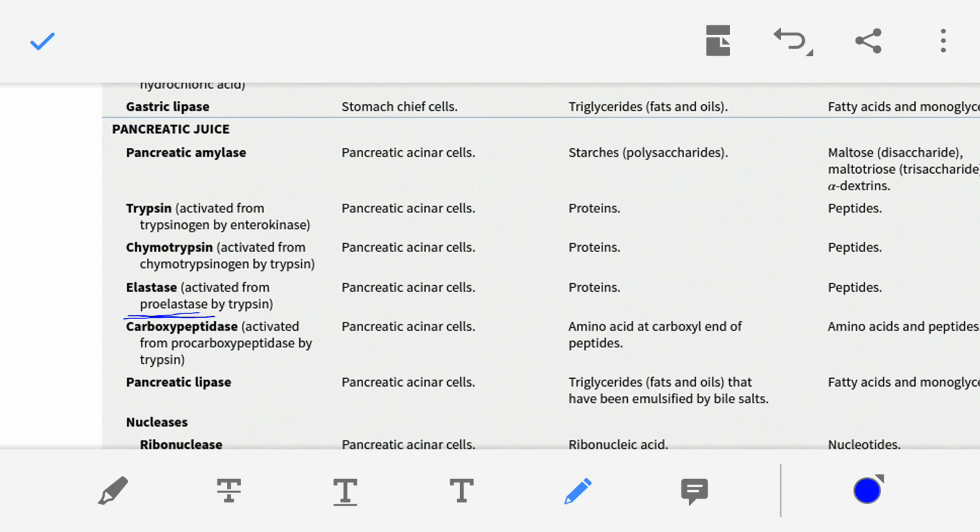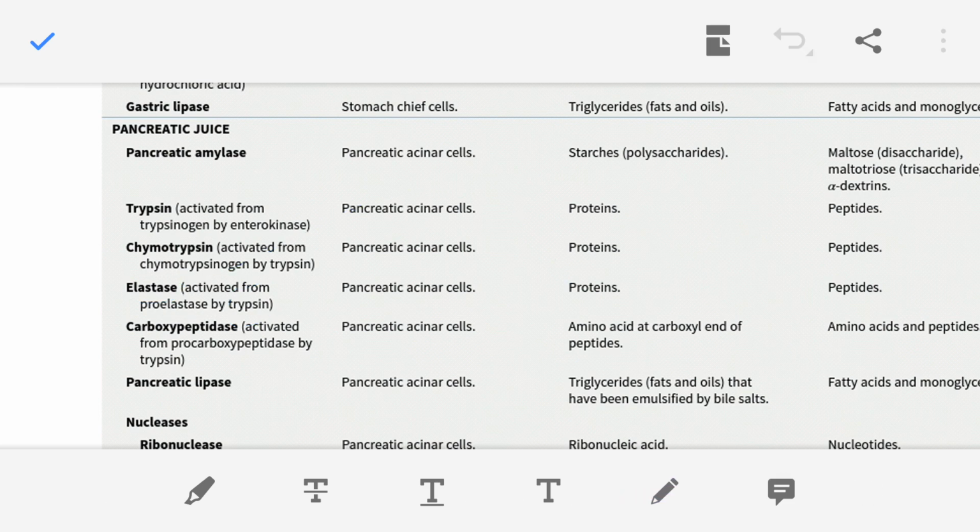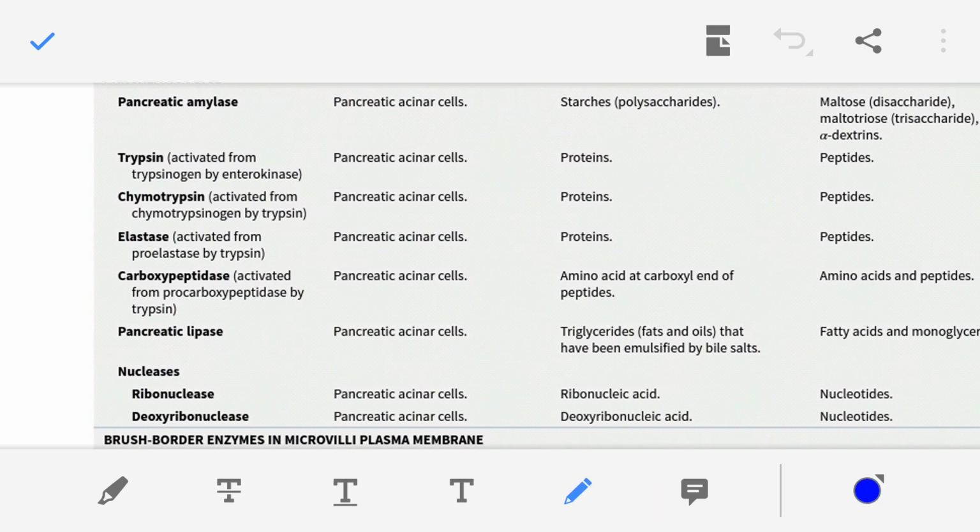Inactive proelastase is activated by trypsin. So the active form is elastase. Elastase digests protein. Proteins are converted into peptides. Then